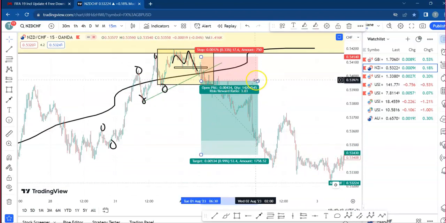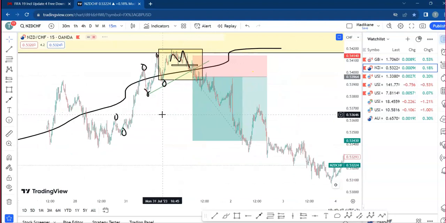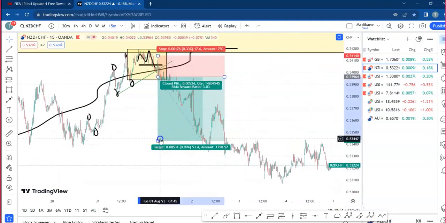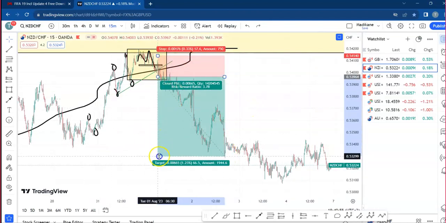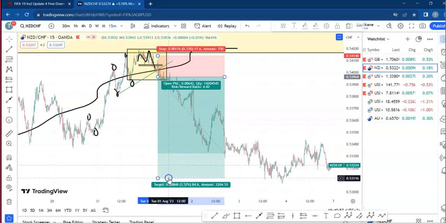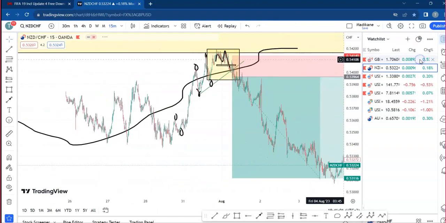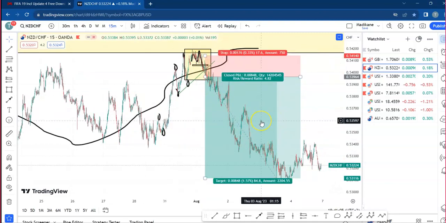And you can see how the market plays out. That's crazy. You could have taken a nice profit, and then of course the market went all the way down, which is a 1:4 reward to risk ratio, right? So this is how